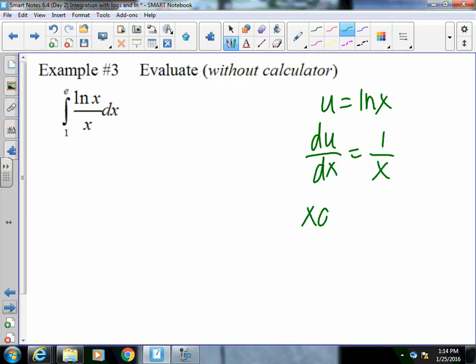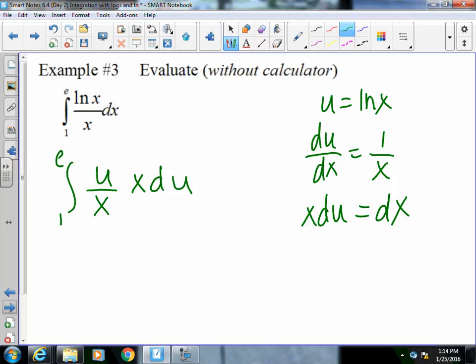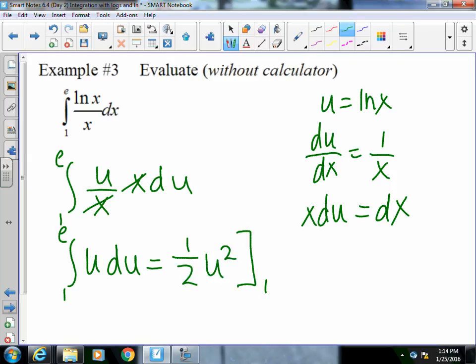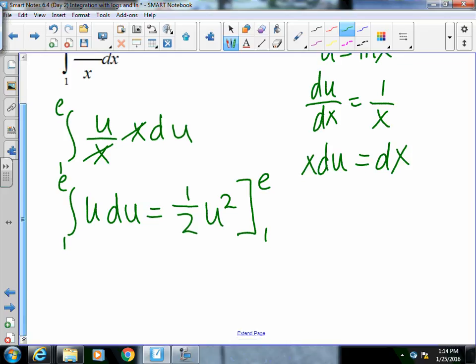Cross multiply x du equals dx. So if I plug in what I know, we have u over x times x du. My x's will cancel, so I've got the integral from 1 to e of u du, which, when I anti-derive that, I get 1/2 u squared from 1 to e,